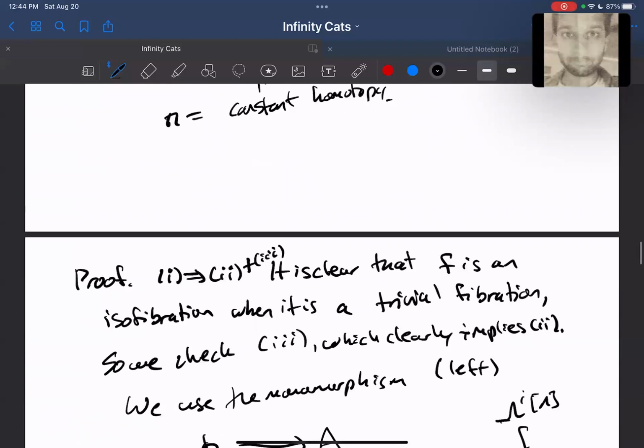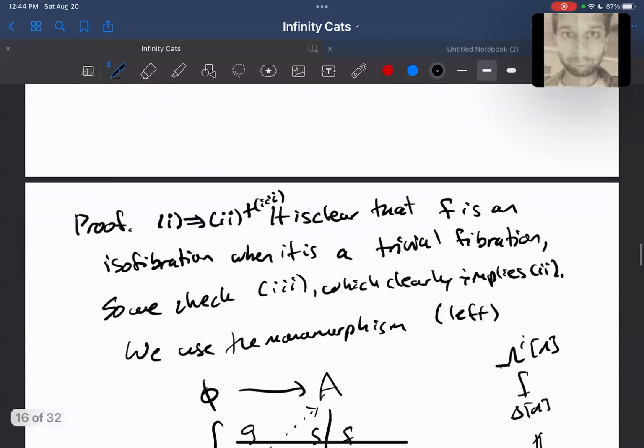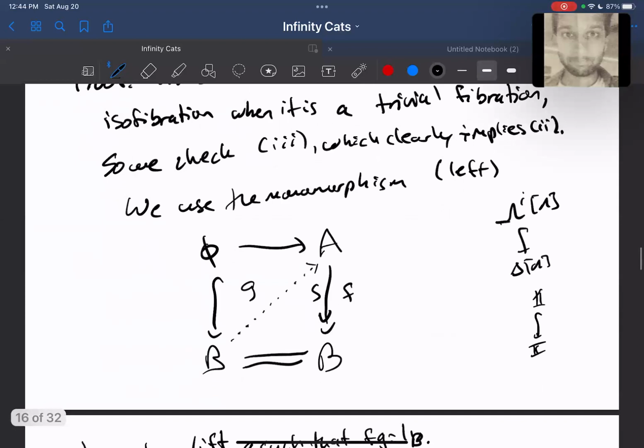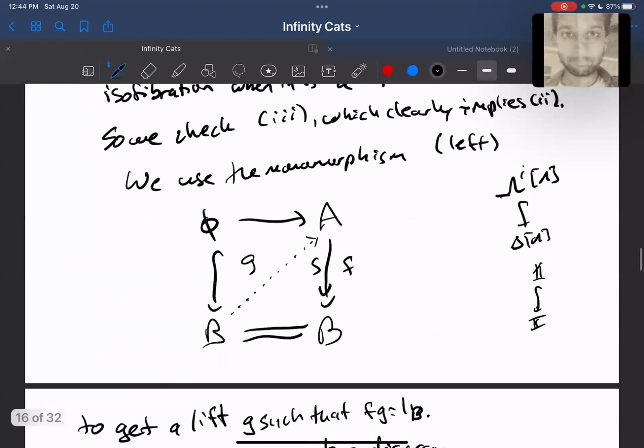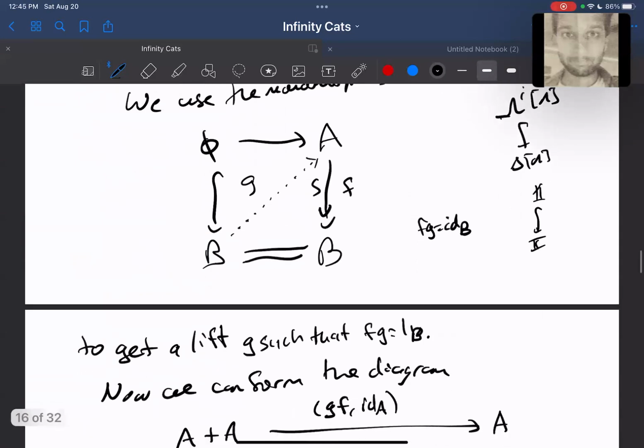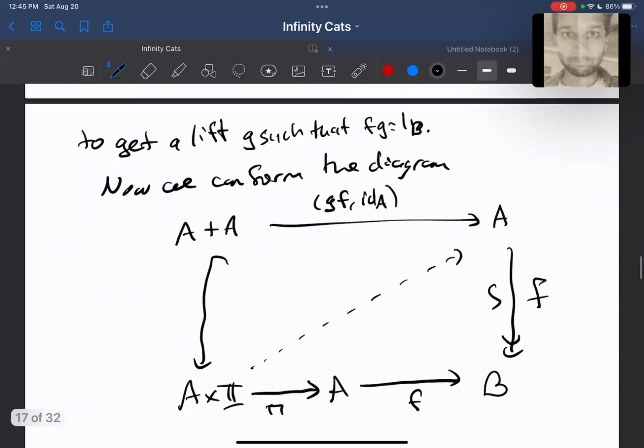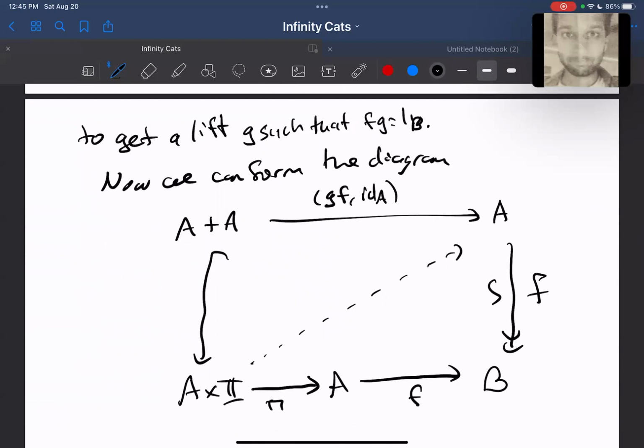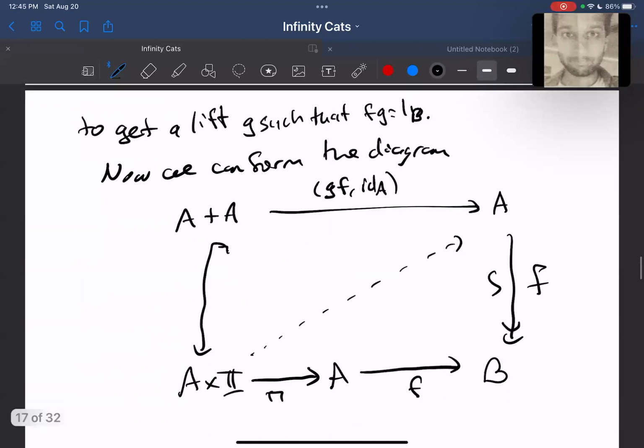So we're going to prove that 1 implies 3. We're going to use the monomorphism from the empty set to B and lift against this in order to get a splitting for F such that FG is equal to the identity on B. And in fact, we're going to show that any map that has this property is going to work as an inverse equivalence for F. So once we have that, we're going to form this diagram here, the same one that we had before. And since this here is a monomorphism, which is just including A onto the 2 sides of